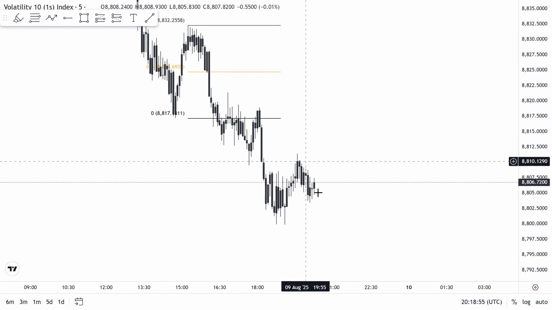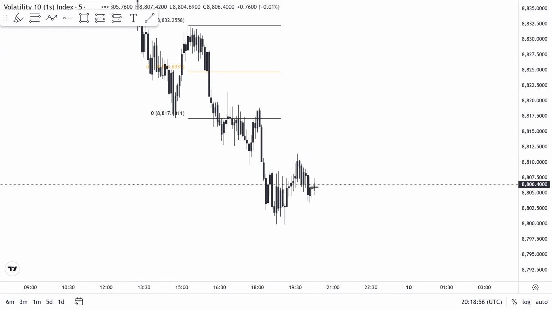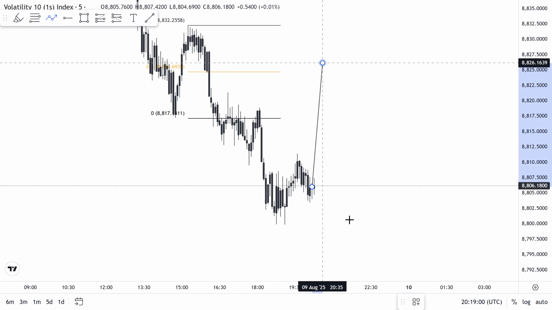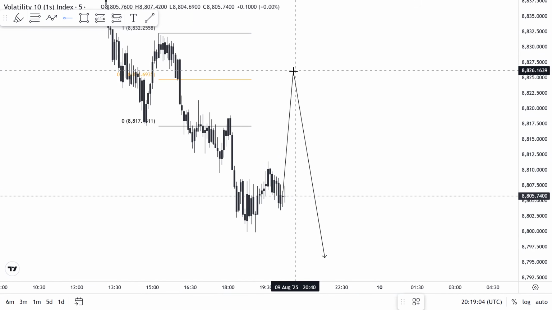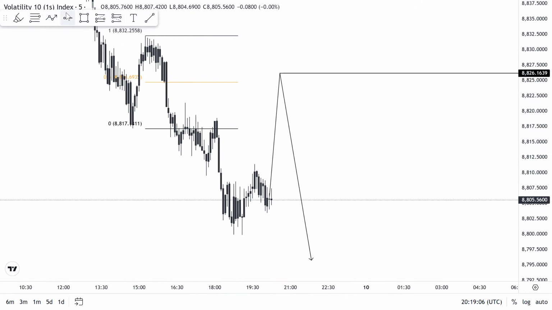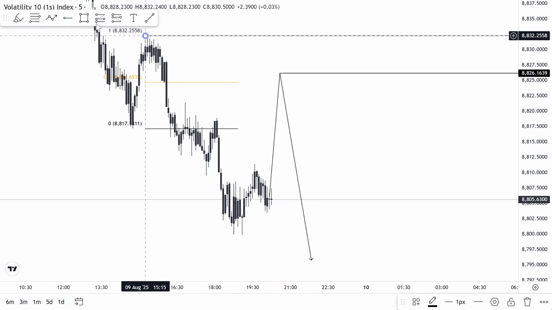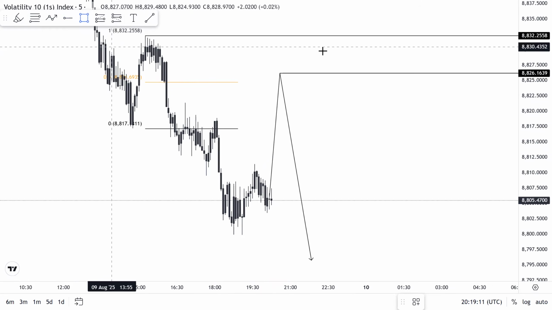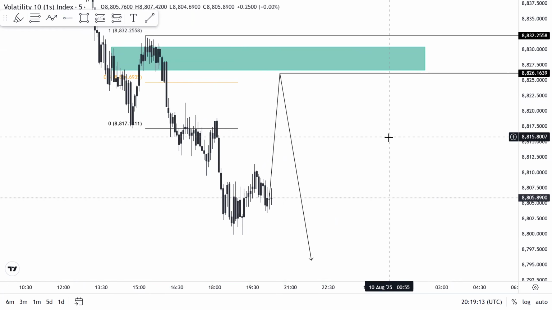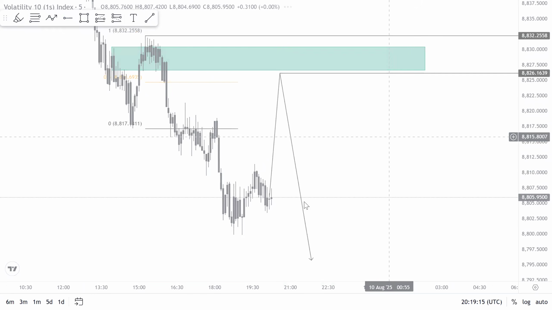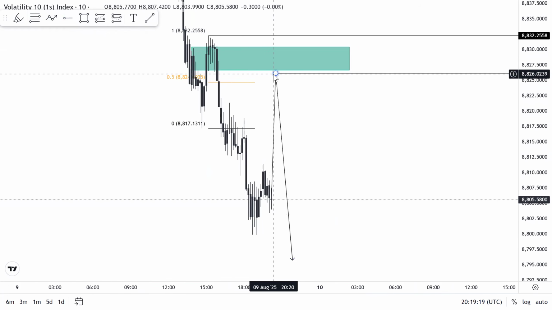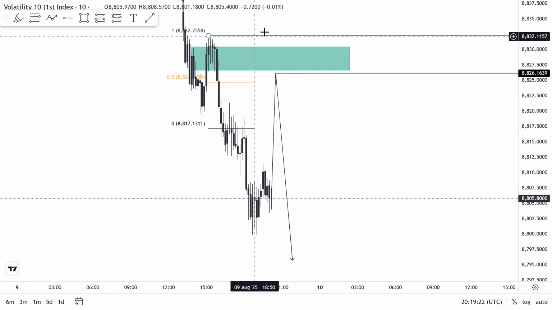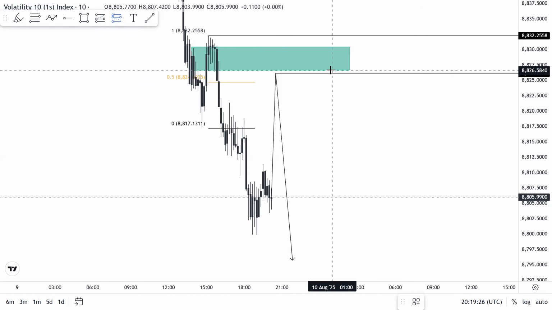If price eventually pulls back up to give me something like this, then sells back down, I can look for my entry, waiting for price to come and sweep out the structural liquidity right here, giving me a protected high over here. Then I'll be looking to sell from this entry. Very simple. You can go down to your 10 minutes, you can see it as well. So now we're looking at V10S. If V10S gives us this right here, a break of structure again, I'll be looking towards a sell entry here.